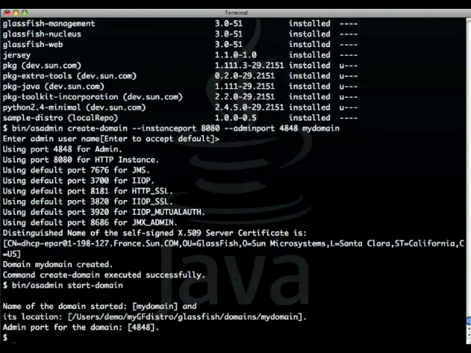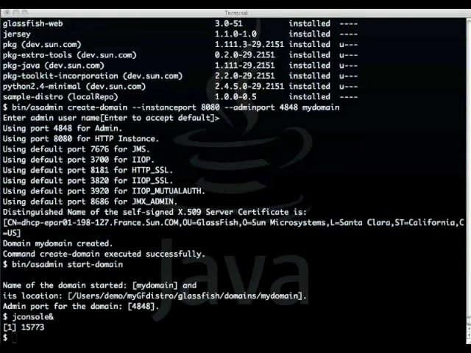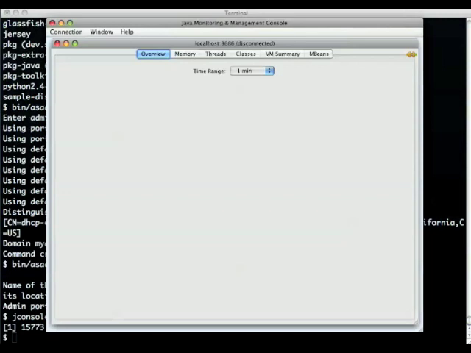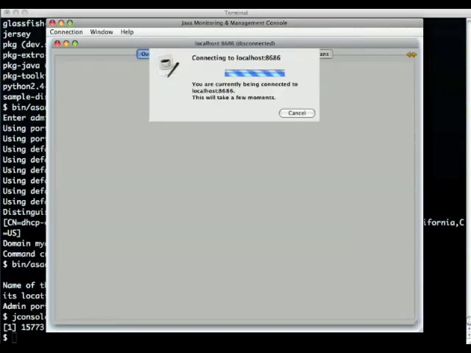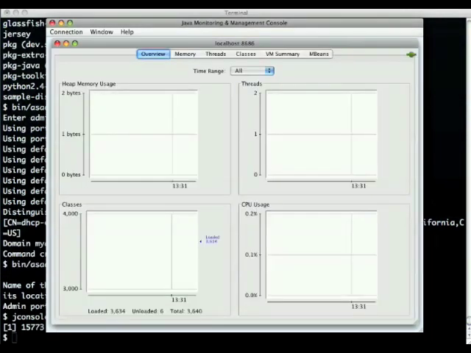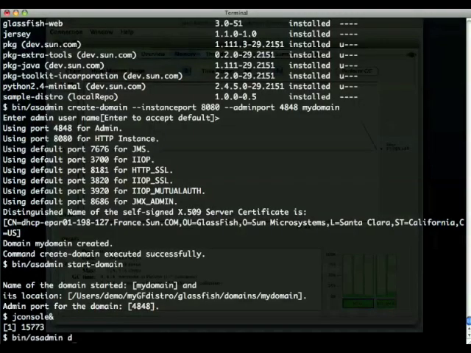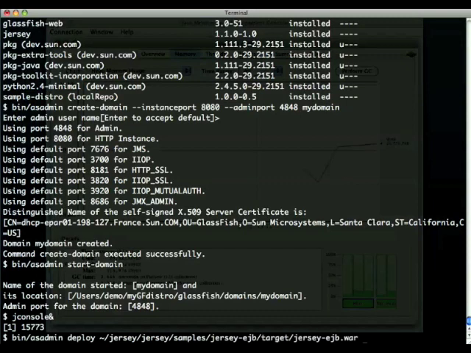And before we actually deploy something, I'm starting JConsole so we can actually look at how much memory this whole thing is actually using. So this is just a domain that was started, so we see that we're around 25 megabytes. Let's now deploy this application which ships with the Jersey distribution and combines Jersey RESTful resources as well as